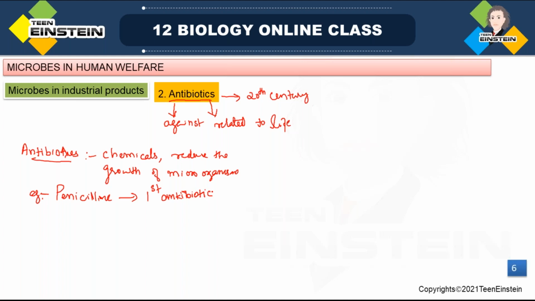So when he was working on the Staphylococcus bacteria, they kept some unwashed culture plates, and they were observing some other mold. Around that other growing mold, the Staphylococci couldn't grow, and they found that this is due to the production of some new chemical by that mold. In the presence of that chemical, the Staphylococcus bacteria were not able to grow at all. So first they named that mold Penicillium notatum, then named the chemical penicillin.